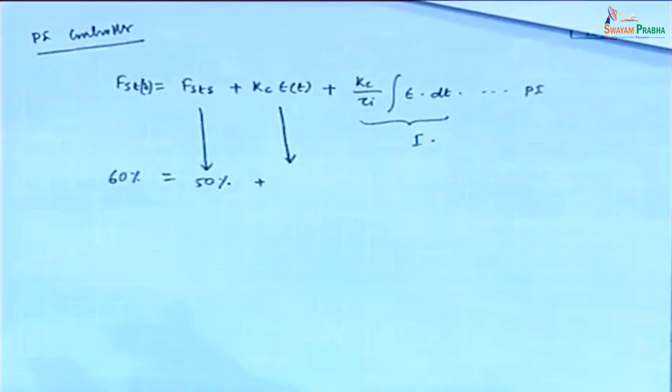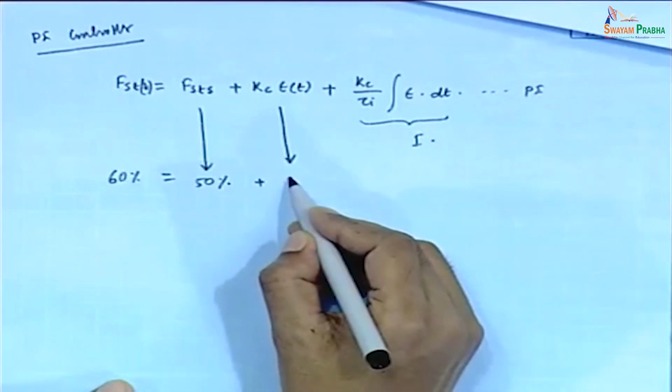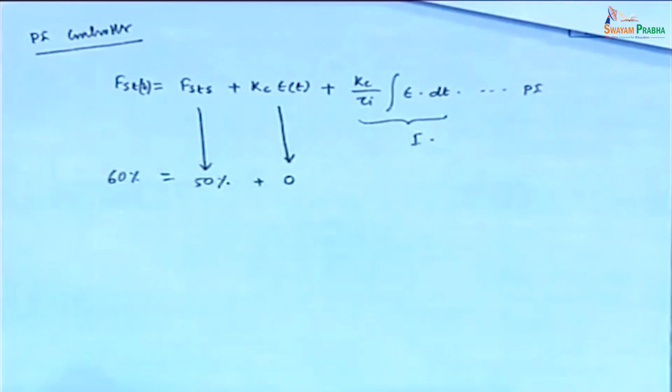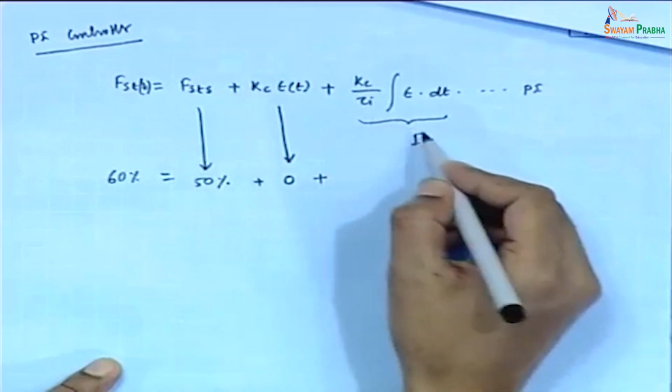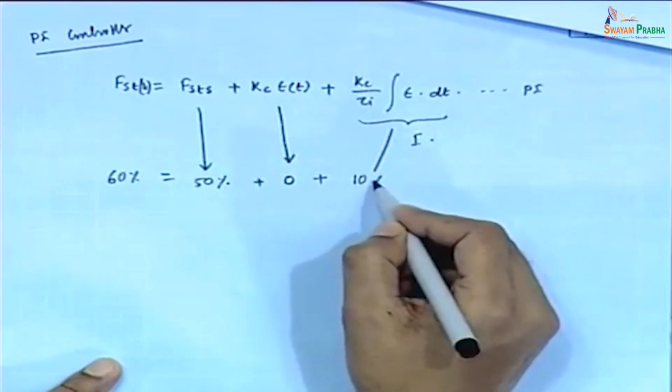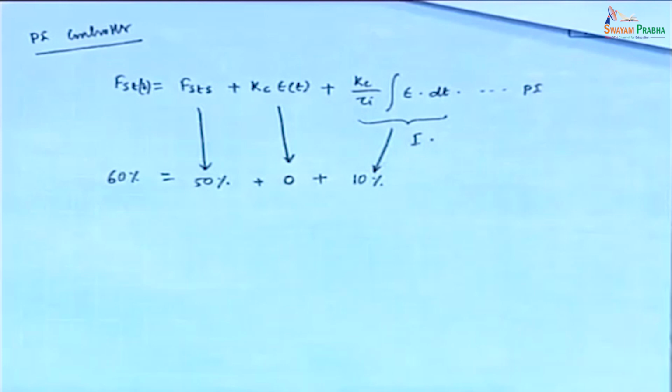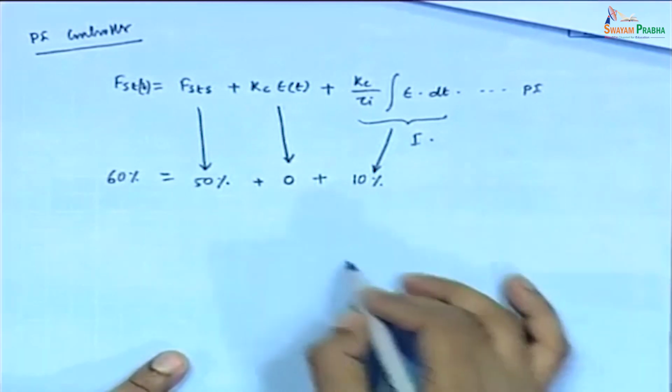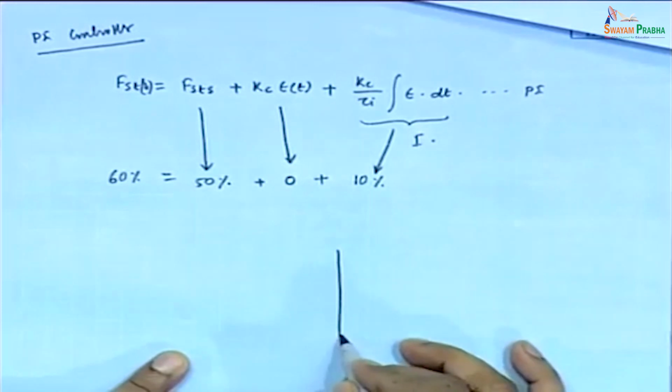PI controller eliminates the offset. If that is the case, then error should be 0. So, Kc epsilon t is 0, and this term is 10%. If we see the plot,